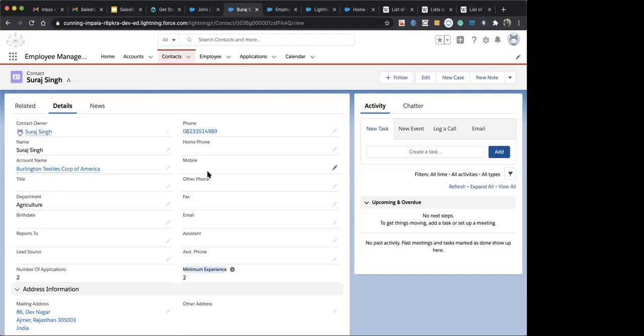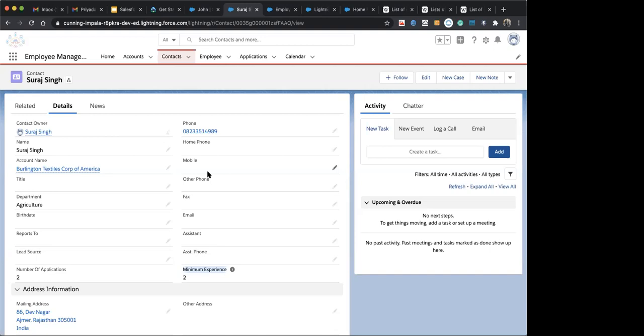It tells us when we have to differentiate between types of records, or whenever different teams are working on the records. When the sales team comes in and works on a record, and saves it, makes changes, or creates a record, I want to mark that this record is created by the sales team.